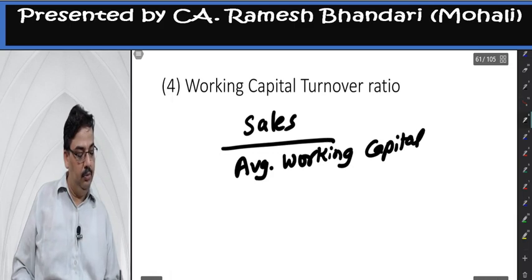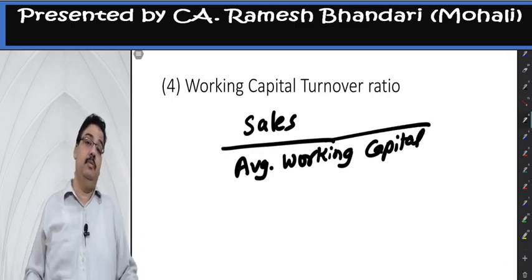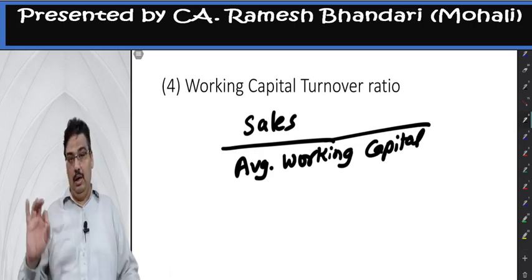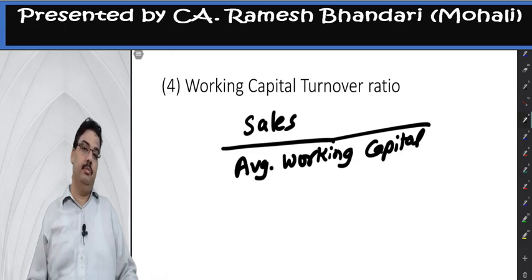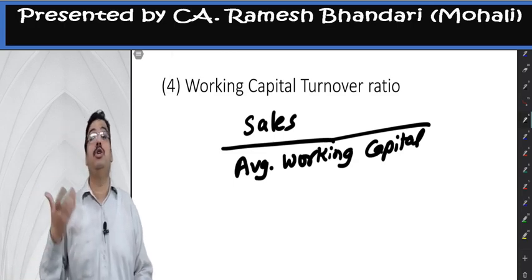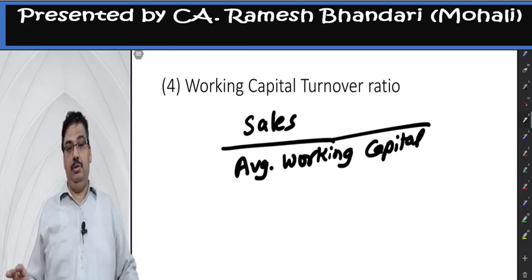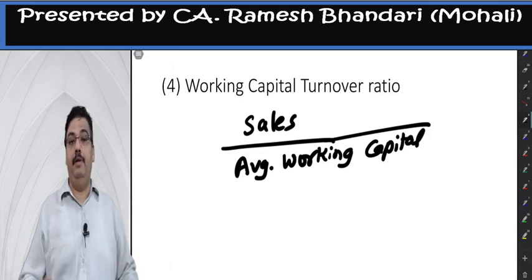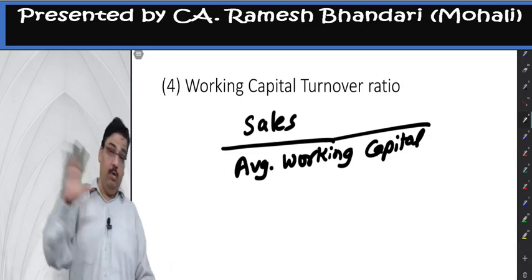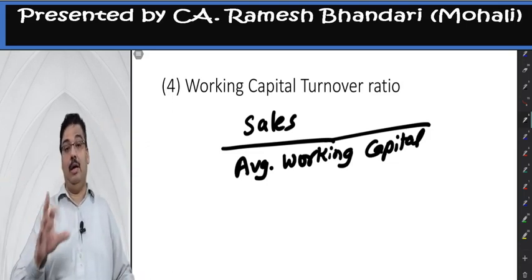Let me tell you, all turnover ratios, higher they are, better it is. Exception, creditor turnover ratio. Lower creditor turnover ratio is good. If you are paying slowly, it will be good, but it should be as per your negotiated terms. Average payment period, higher it is, good it is. All other turnover ratios, higher they are, better it is. Other holding periods, lower they are, better it is.